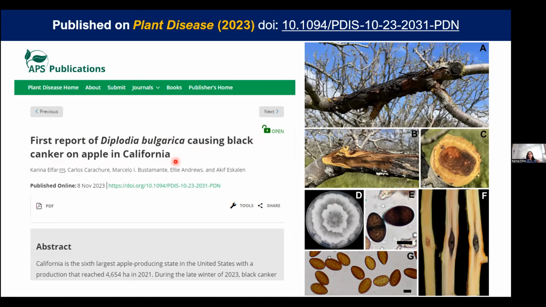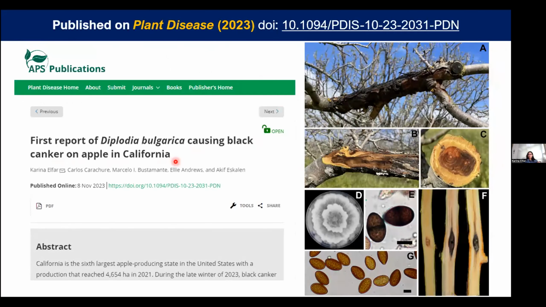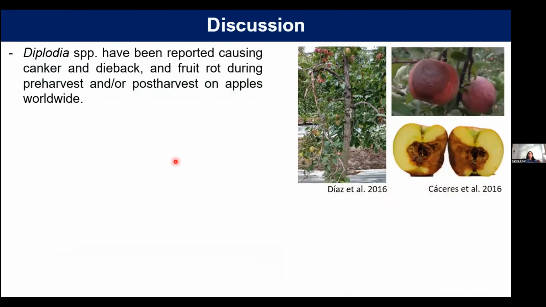And also we are preparing another manuscript that is about some different epidemiological factors that can affect these fungi. So just a small discussion. I just wanted to